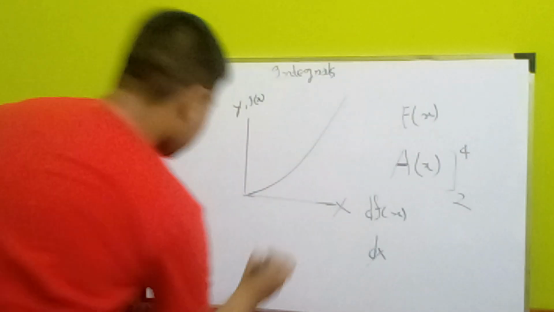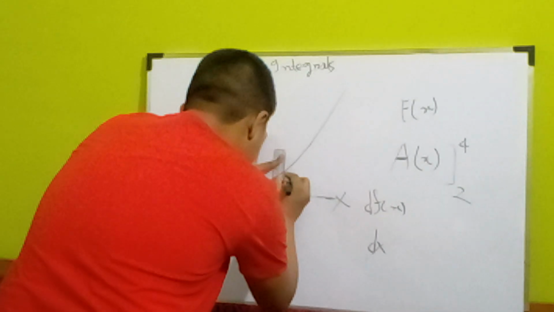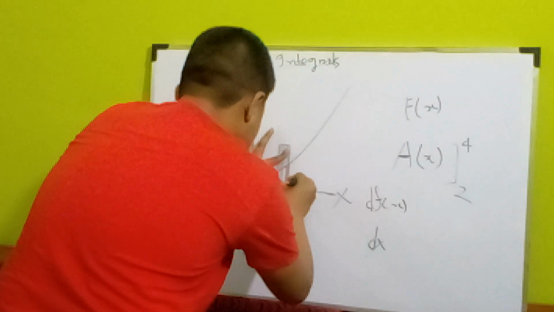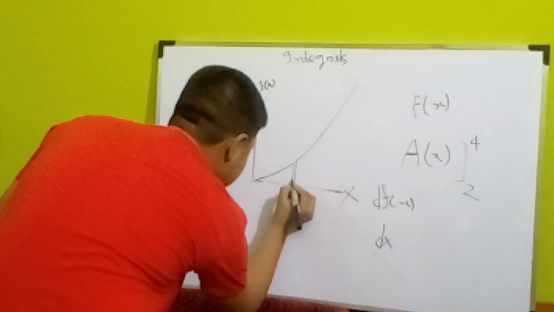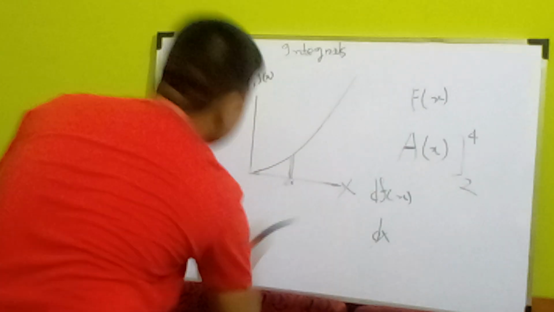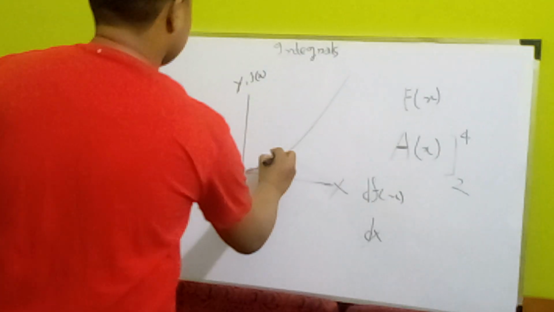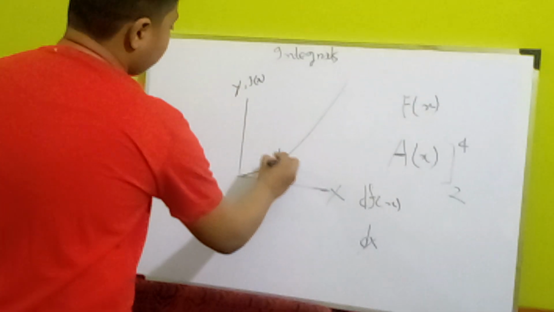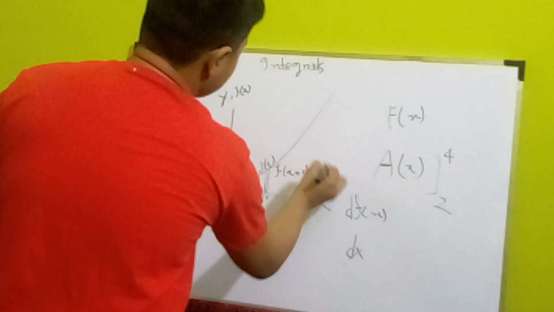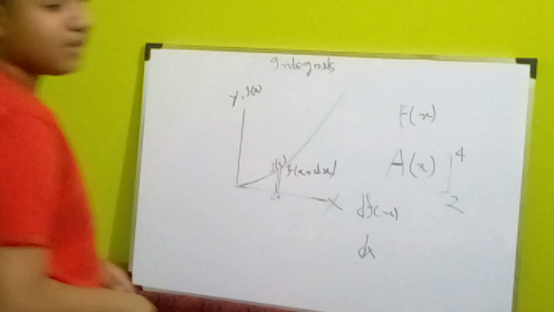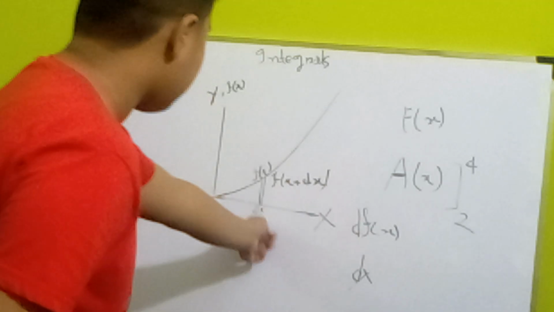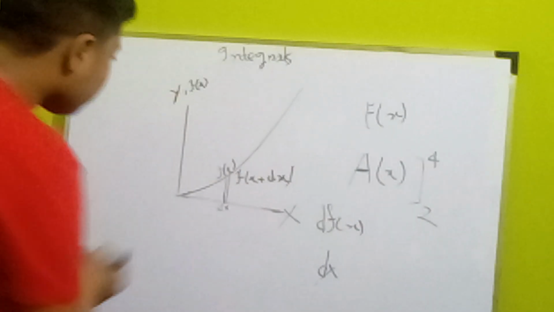So let's do this. Let's say this change in x is amount of dx. So if this is dx, this point would be f of x and f of x plus dx. As dx is the infinitesimal change in the x-axis or the input, this little area